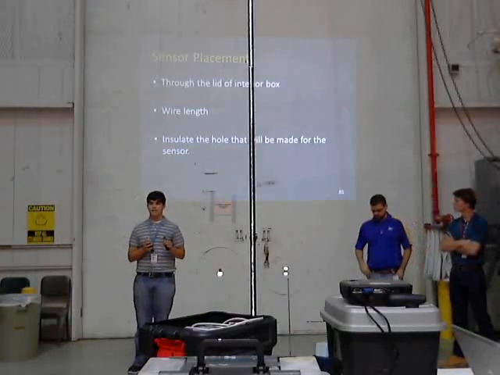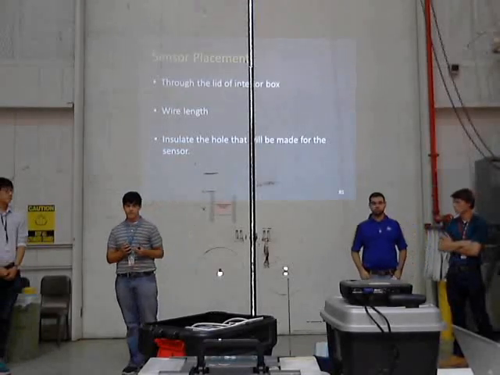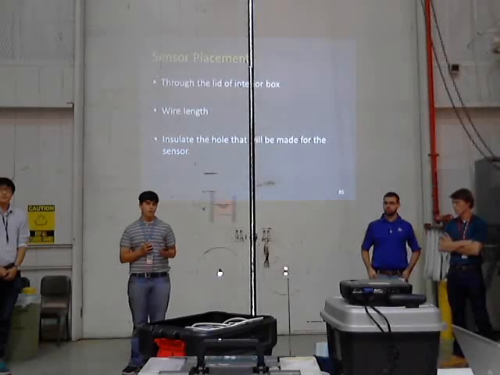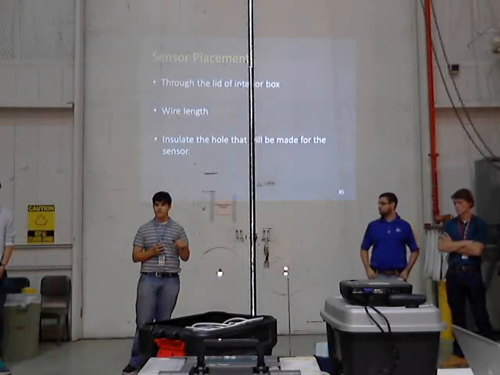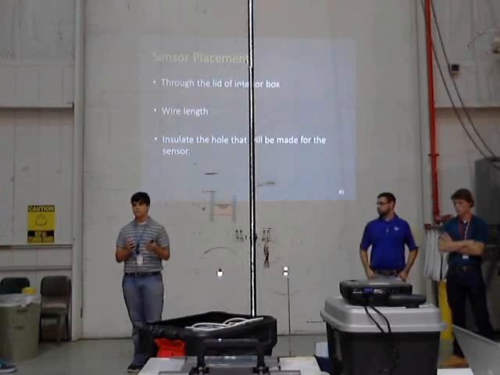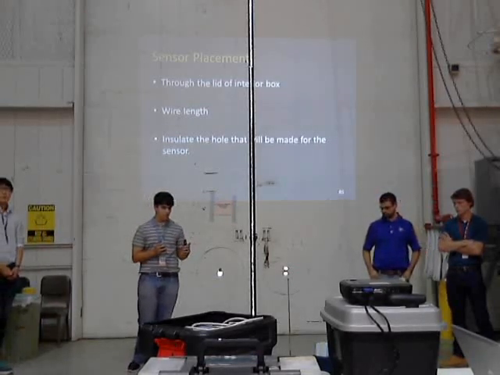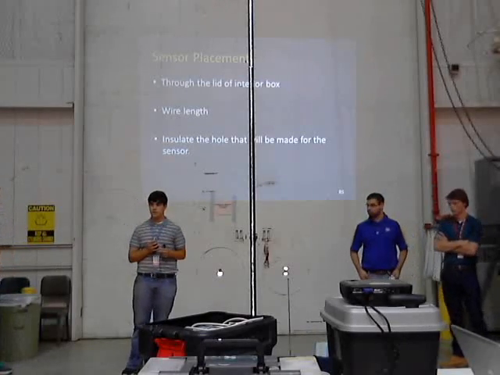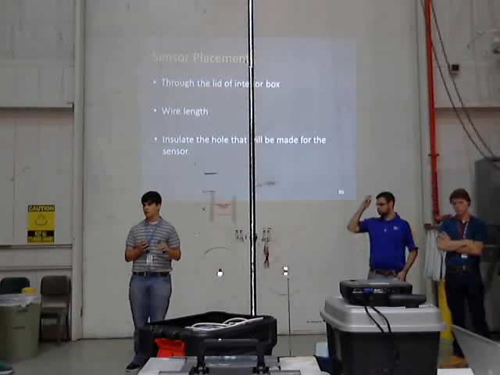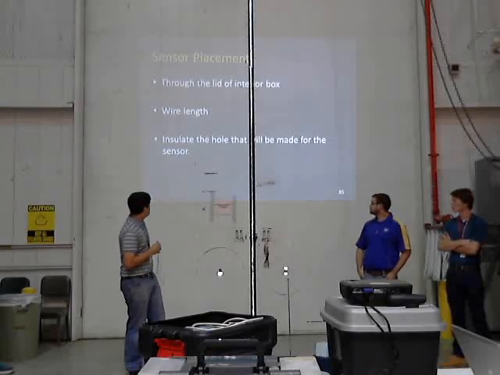One of the things that was kind of an issue for us, because we needed to do it as simply as possible, was the placement of our sensors. We ended up, in the end, deciding to run it out of the bottom of the box and just having a wire that connects to the sensor interface board. So we left about 4 inches of slack coming out of the bottom of the box so that we had room to move them around and so that they're less likely to get damaged.